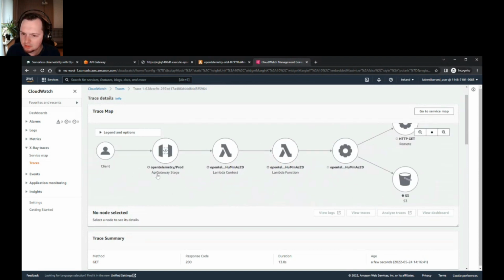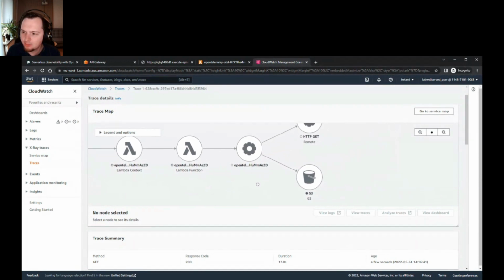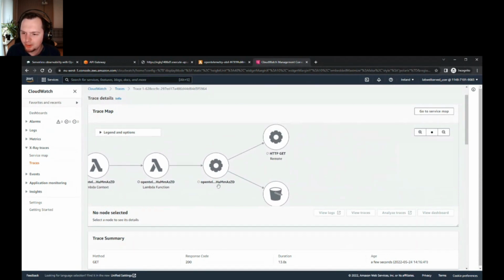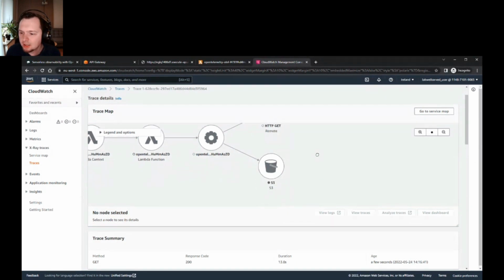I can see the same API gateway that I showed you before, but there are more elements. Here we have the handler, the function that actually calls some remote HTTP GET, and this is the Facebook web page that we are scraping. And then it shows that it also calls the S3 bucket.